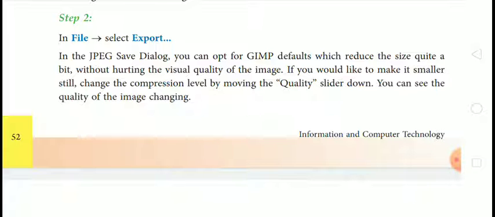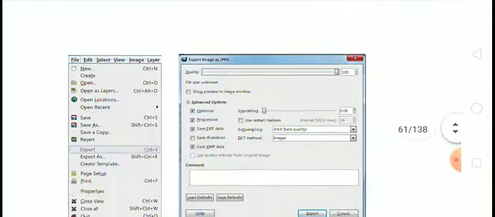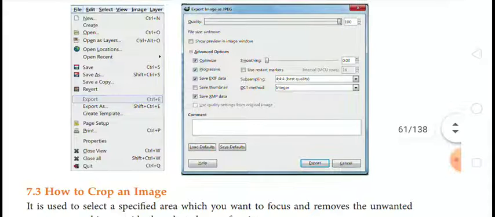You can see the quality of the image changing. You can see in the image the File menu dialog box, and the next is Export Image as JPG. See the picture very carefully.